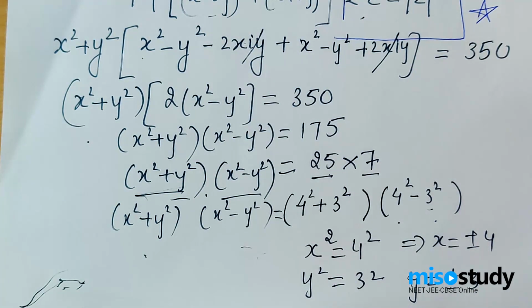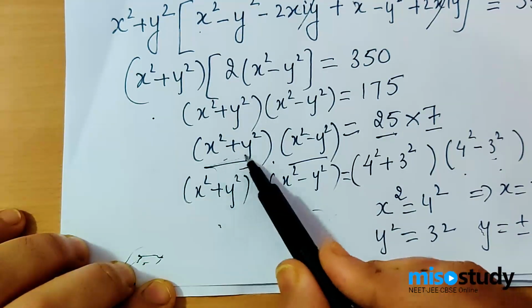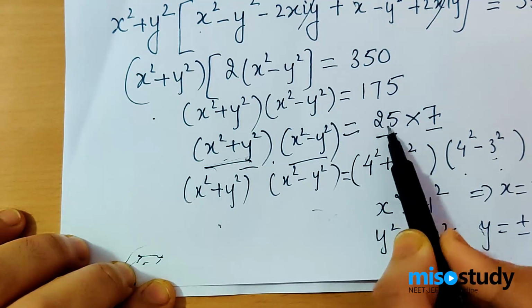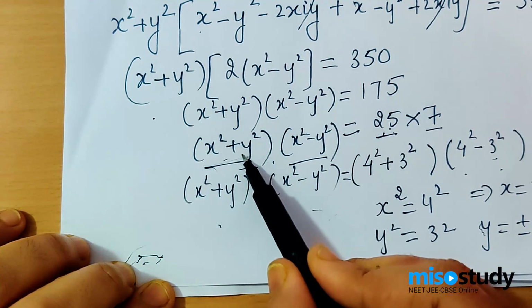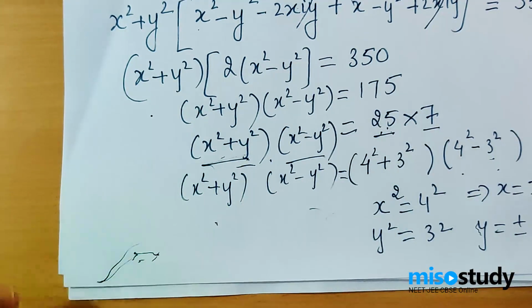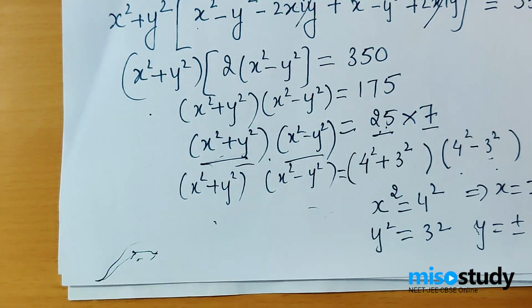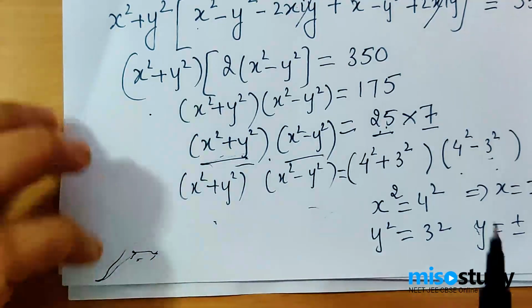Now some of you may not be very happy with this method of hit and trial. Then in that case, you can certainly find out that x square plus y square would be equal to 25. Now I have factorized it like this, but I am not sure whether or not on solving for x square plus y square equal to 25 and x square minus y square equal to 7, I will get x and y as integers. If and only if I get x and y as integers, then only this is the correct factorization, or otherwise I'll have to think of any other alternative like 35 into 5. That also could have worked out, but in this case the simple factorization is working out for us.